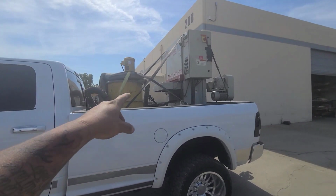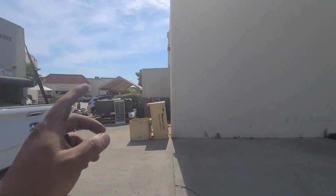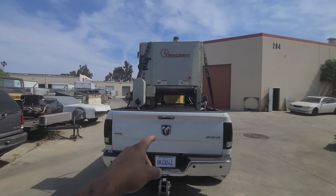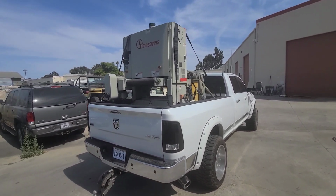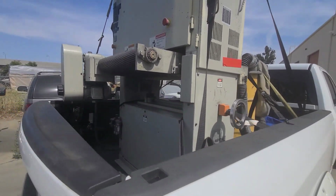All right guys, we finally got it loaded up. It was a little headache because everything's so tight over here. We had to move the trailer around a few times, but the guy was able to maneuver into the back of the bed. Now I got me 85 miles to go home. Everything's all strapped down. You know it's not official until you go, yep, that ain't gonna go nowhere. I'll tell you what guys, this is probably the most awkward load I've ever had to put in this truck. I've gone heavier, I've gone smaller, I've gone bigger, but because of how tall this thing is,